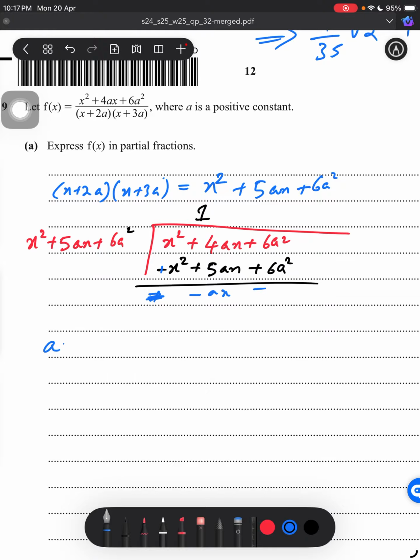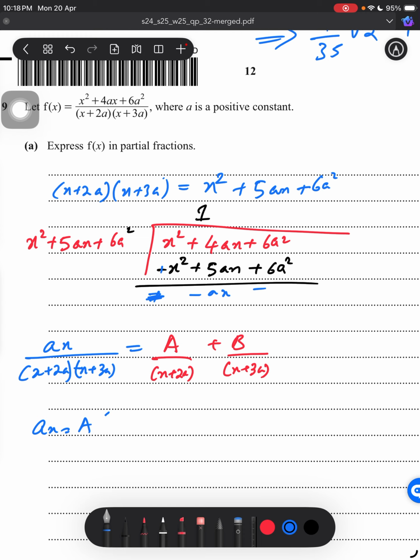So we would have ax left with x plus 2a times x plus 3a, and we would have A over x plus 2a plus B over x plus 3a, and the value for A would be, multiplying by x plus 2a, B would be x plus 2a. So instead x is minus 2a,